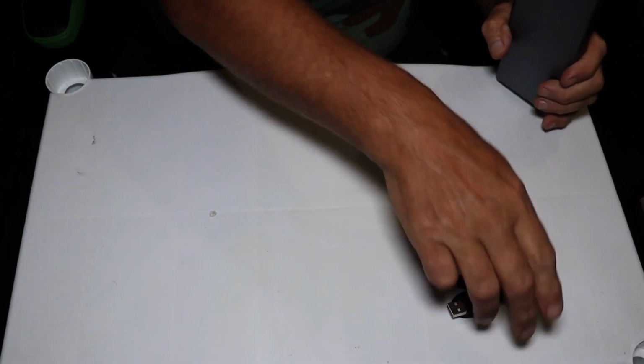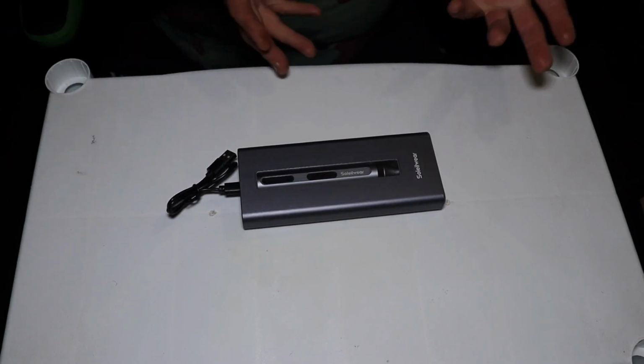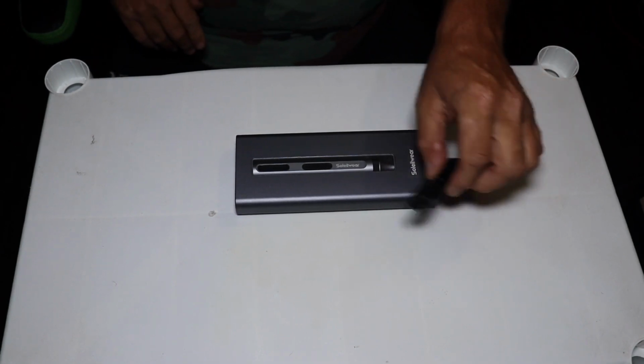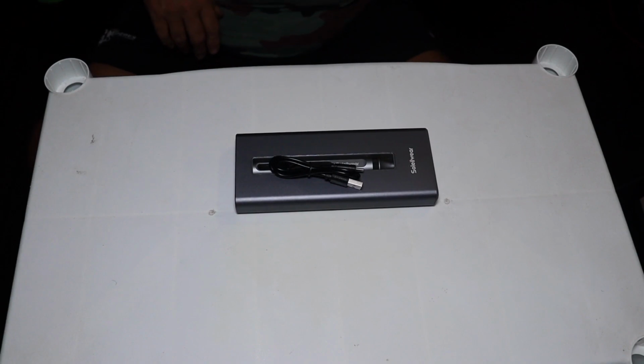And that's nice. And like I said, plug in your USB cable. Well, it's in here. And I have tested this, and it will power up, no problem. So there's plenty of room in there for the cable. Now, it is kind of a cheap, chintzy cable, but hey, it's a cable, it's Type-C, it works. There are other cables. You don't have to necessarily use the ones that are included. When I even charged this one, I'll show you the cable I used,